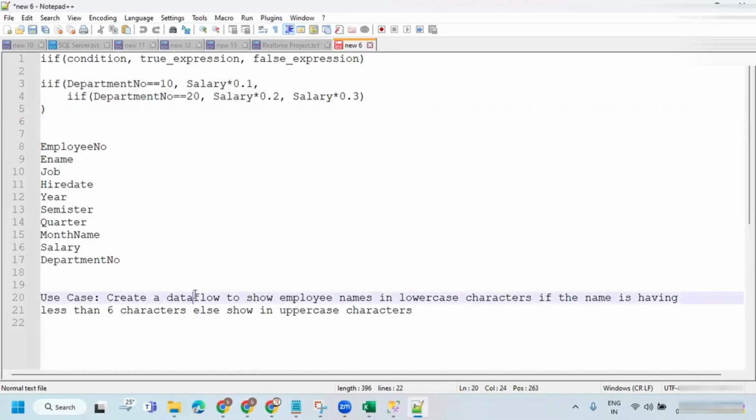Okay, sir. Because yesterday I tried for substring. If it is SQL, we can start at any point and give it directly. But here we don't have that kind of option. Basically in SSIS we have an option where we can pass the expression and see the output, but here we don't have it. And sometimes the refresh option is enabled and sometimes not. If the expression is correct, then only it will be enabled. If the expression is not perfect, then it will not enable.